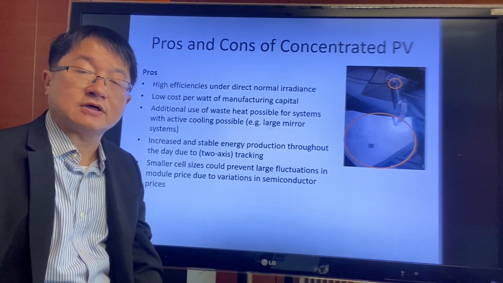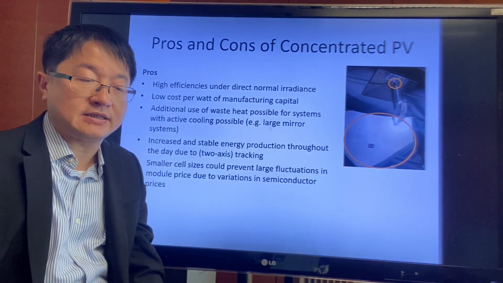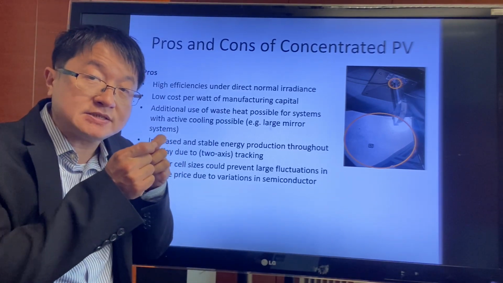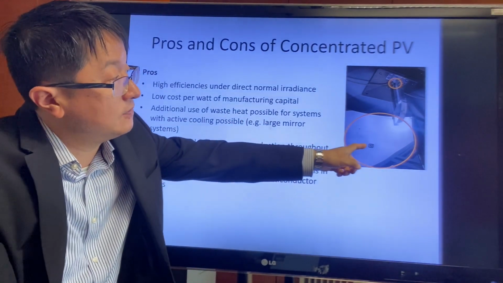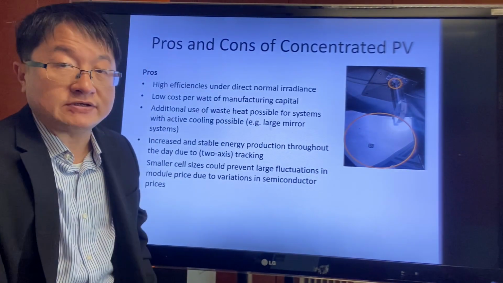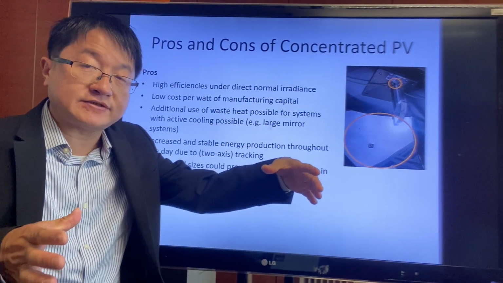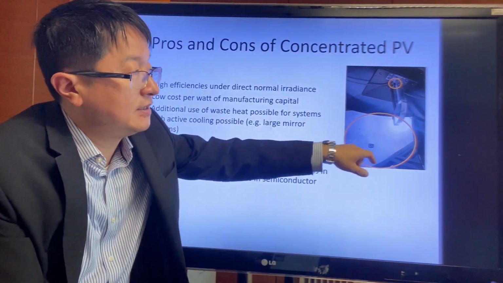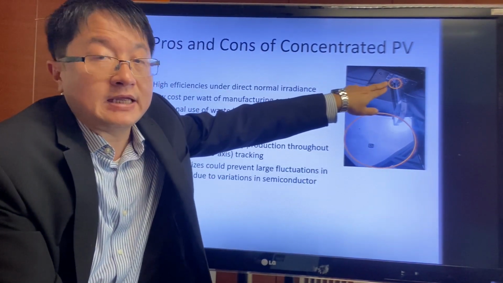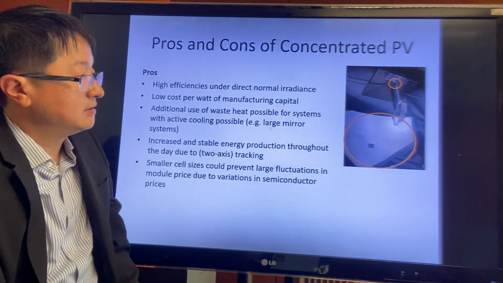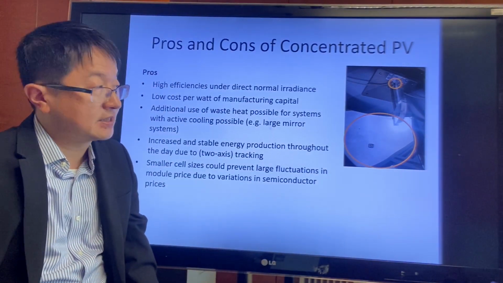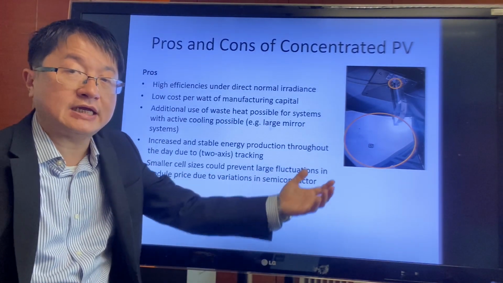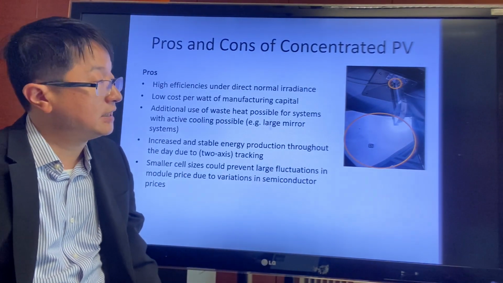Now the pros and cons of concentrated PV are as follows. The advantage is that we can use a very small piece of solar panel to harvest a larger area of sunlight, because most of the sunlight will be reflected from this larger area to this smaller area of PV cell. But the installation is more difficult and involves a larger area, and also it requires a line